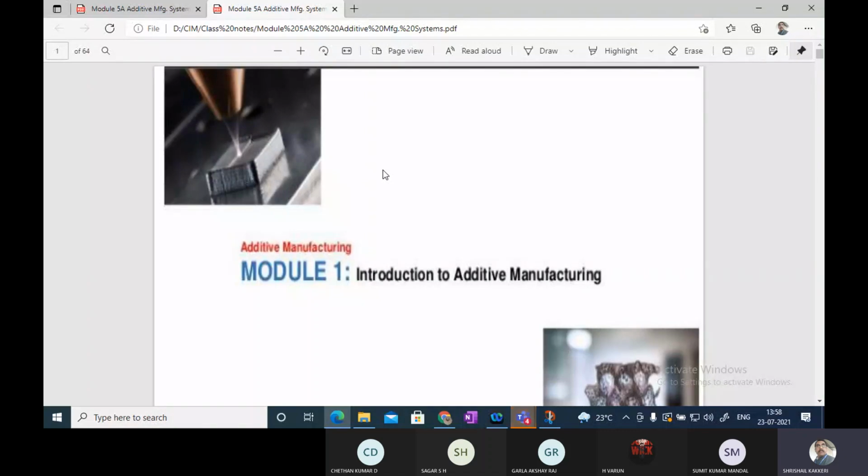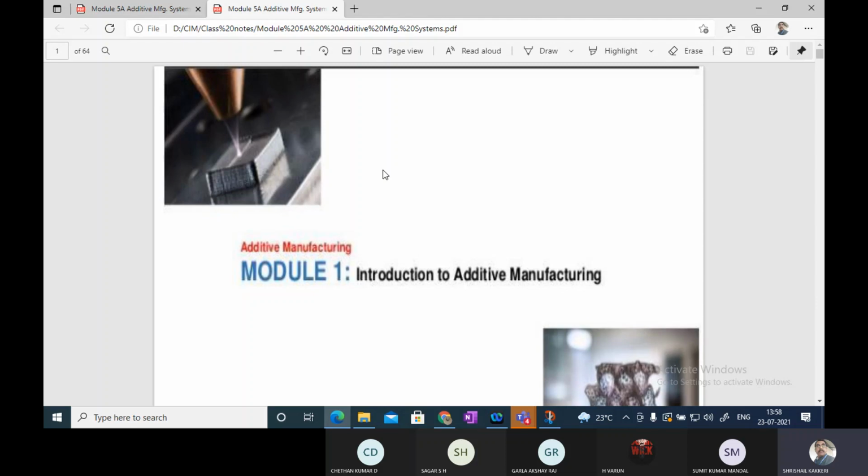And the snake, they live, no? Snakes. Termites, they build the house by means of soil. You have seen that snakes will be staying in the bush. That bush will be made by the termites. Okay, that is also additive manufacturing. It is natural. Naturally, what they do, they used to get the soil in wet condition. They used to put it into a shape and it will be built out.